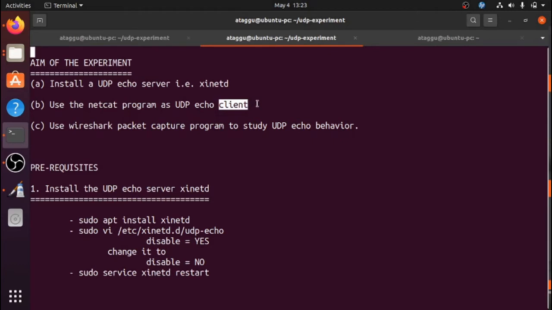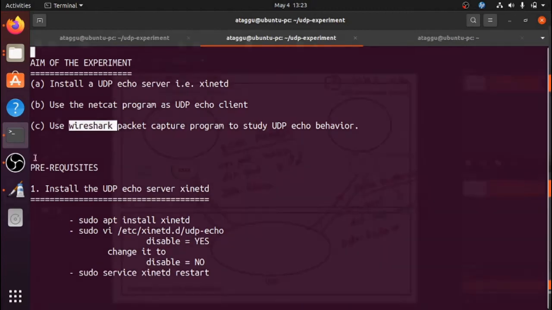In order to understand in more detail how this UDP service works, we are now planning to do the third step. And what is the third step? We are going to start the Wireshark packet capture program, which will sit in between and watch all the packets flying by. And once we see the packets, we can really find the true nature of UDP.